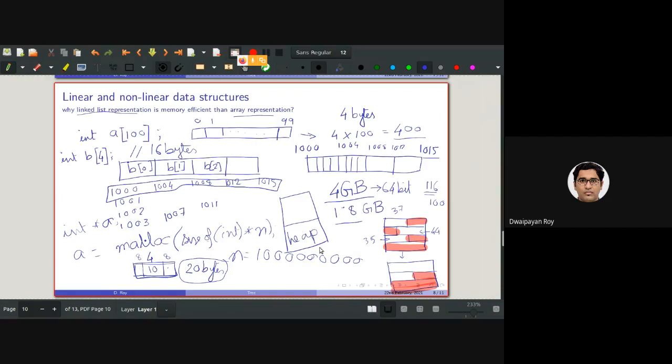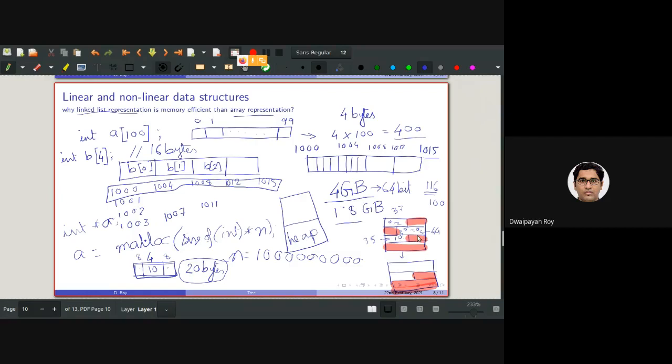And of course, one node can be here, the next node can be here, the next node can be here, and the fourth node can be here. As you can see, it is not continuous. This is the first one, this is the second one, this is the third one, and this is the fourth one.